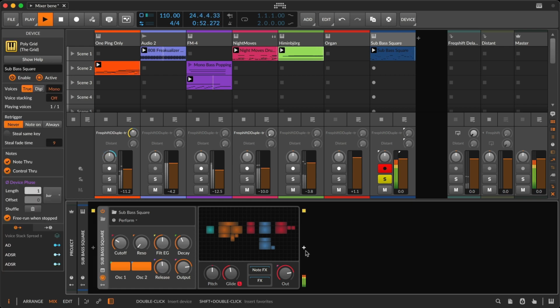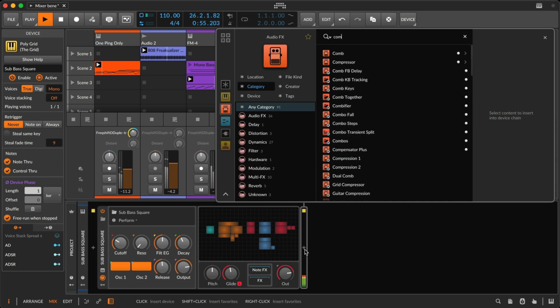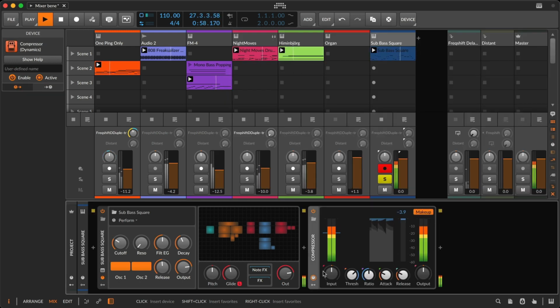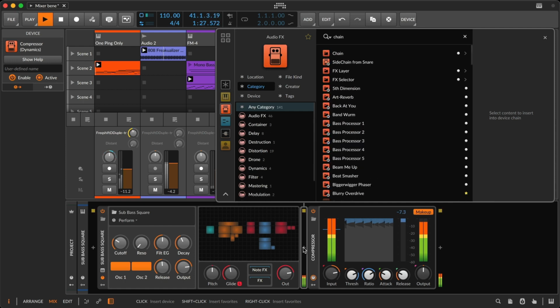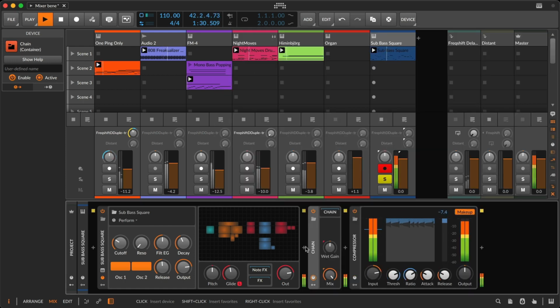Now, that can be pretty critical, so much so that some people like using it in a place where it is not usually available. So parallel compression. A compressor will always have a ratio control, a threshold control, probably some attack, release, gain, etc. That's enough in the traditional sense. So if I've got a compressor here, there's not usually a wet-dry knob, but Bitwig has considered that. So there is a chain device, which, as advertised, it's a chain. It has a chain for processing.